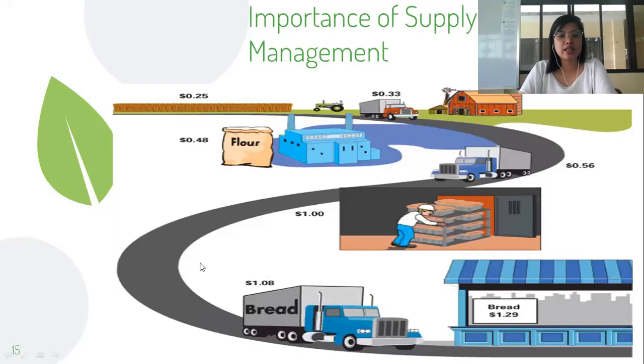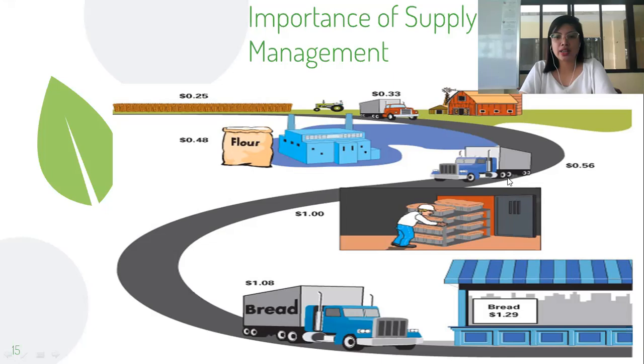So next is another example. For example, you're going to make or sell bread. Before a bread becomes a bread, it came from a plant. So after becoming a plant, it will be cultivated by our farmers, and they will use trucks, and it becomes flour. So as you can see, there are dollar signs here, meaning there are costs generated, and then